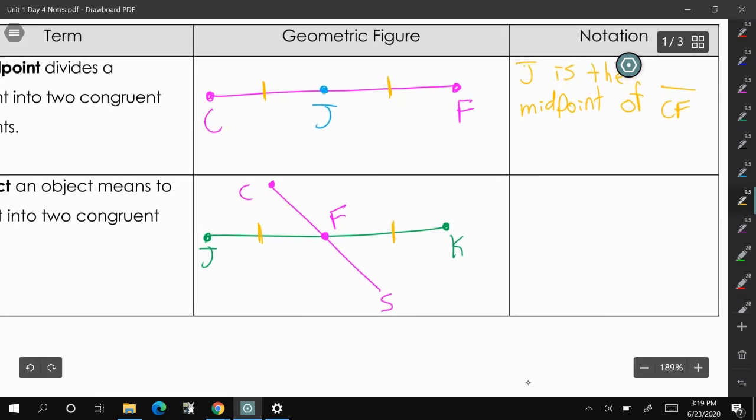And we can write this in two different ways. First way we could write it is JK is bisected by segment CS, or we could write it as CS is the bisector